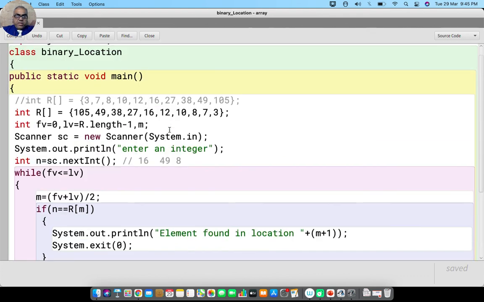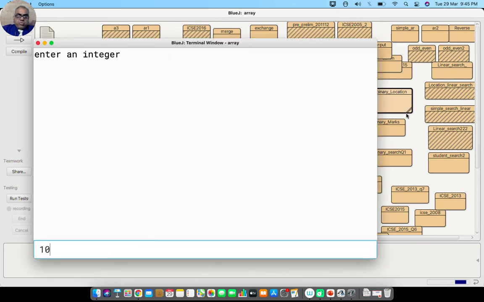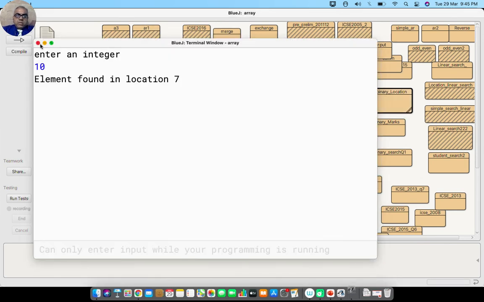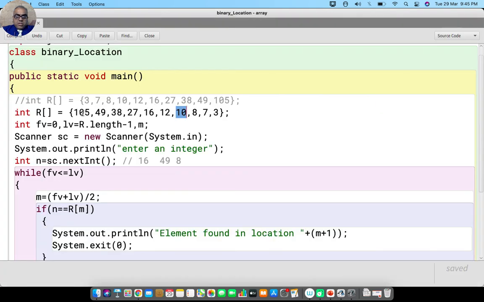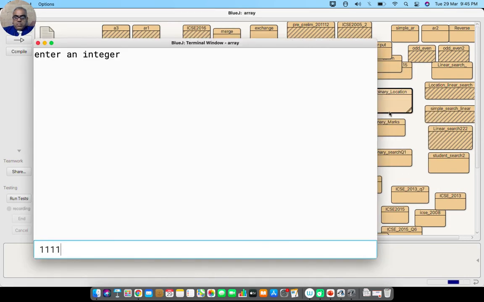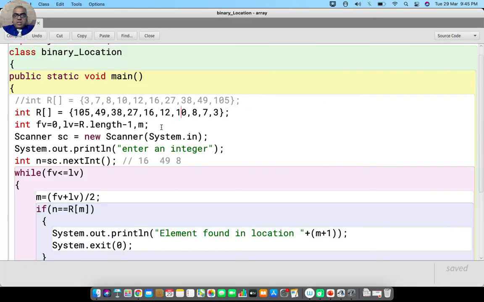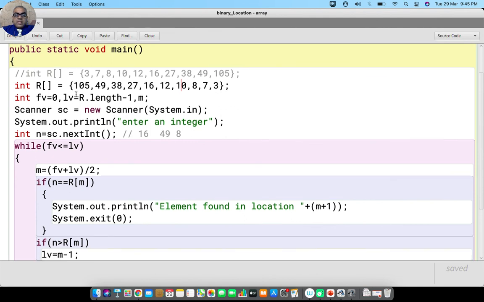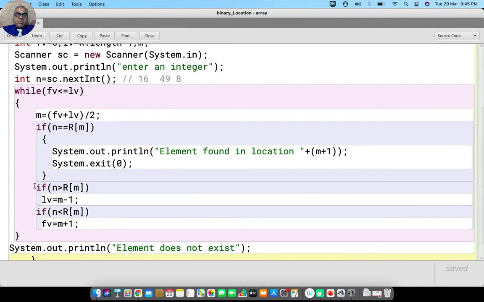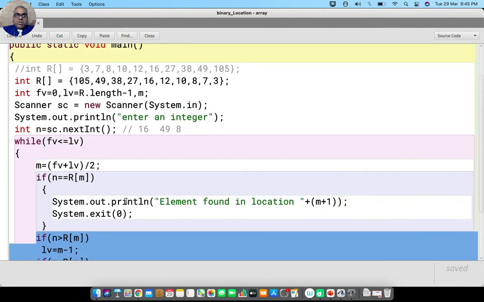Now if I say, for example, 10, it will tell me in which location it is, because the program shows about location. It will show me the location. See, now if you look at 10 in the 7th position, 1, 2, 3, 4, 5, 6, 7, and if I input here some number, data not exist. So it's a logical thing. In case the data is in descending order, this is to be understood well. You cannot just by heart and keep writing, you have to understand.